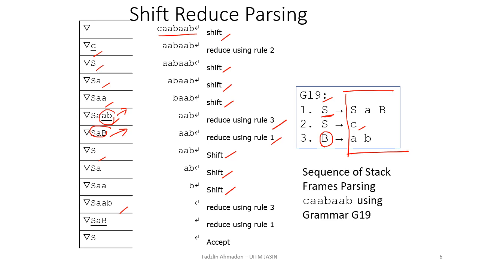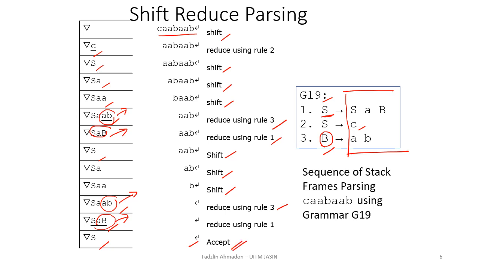So this is just another reduce operation using rule 3, where these two symbols are taken out and replaced with B. And then we have SAB, which is the right hand side of rule 1. So the whole thing becomes a handle and the whole thing is reduced and replaced with S. And since we are left with the starting non-terminal and end marker, we say that the string is accepted by